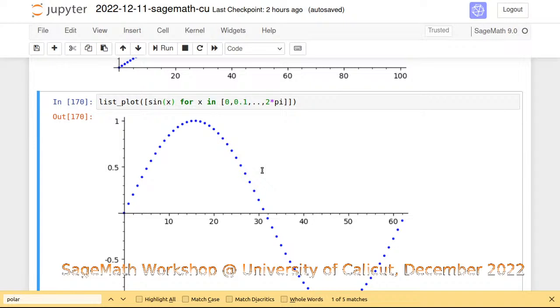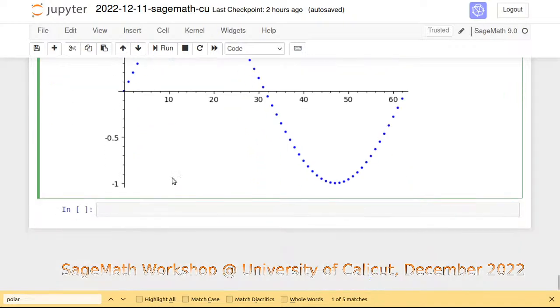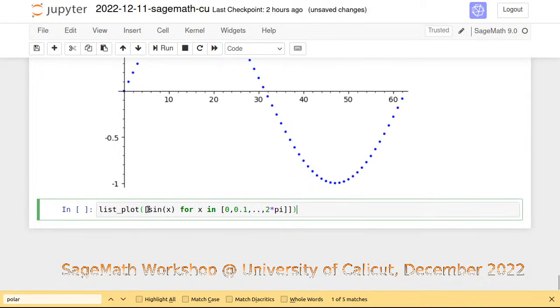But instead of that, if you want the x and y coordinates to be related, probably what you need to do is mention the specific points. For example, suppose that you want this plot something like this. If you make a dictionary of points,